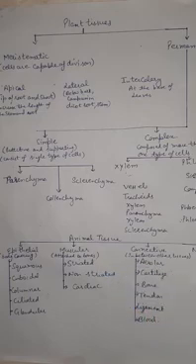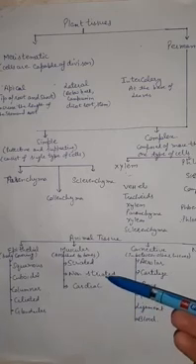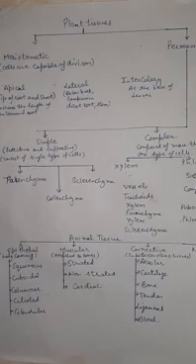Next is the muscular tissue. Muscular tissue has three types: striated muscle, non-striated muscle and cardiac muscle. Striated muscles are attached to the bones. They are also known as skeletal muscle. Its function is voluntary movement. Next is the non-striated muscles. Non-striated muscles are present in the lining of blood vessels, respiratory tract, digestive organs, urinary bladder, reproductive organs, etc. Its function is involuntary movement like peristaltic movement. Next is the cardiac muscle. Cardiac muscles are present in the heart and its function is the beating of the heart.